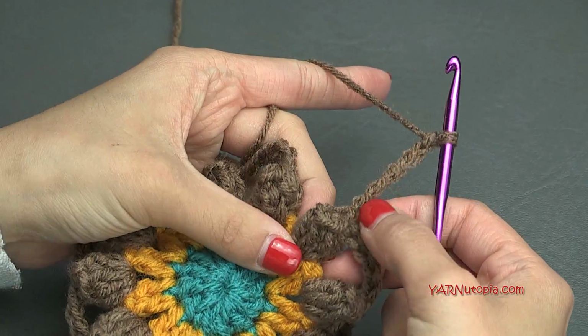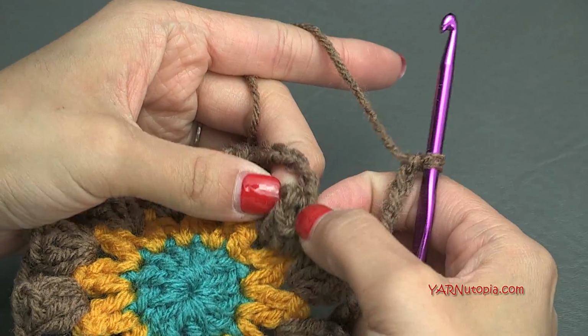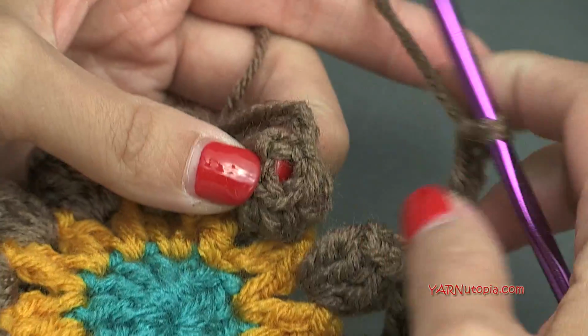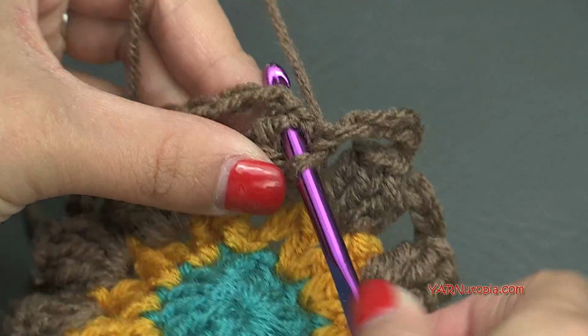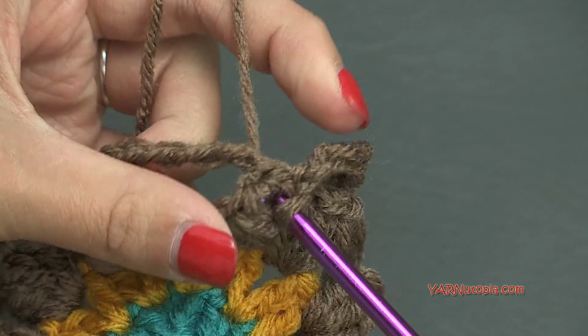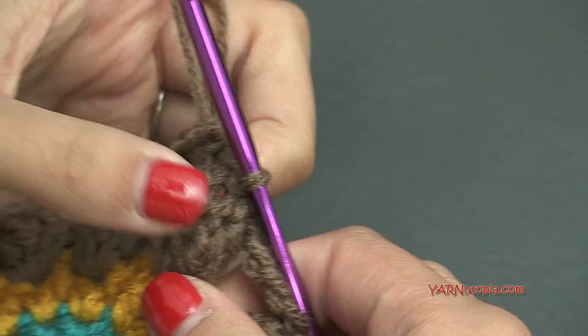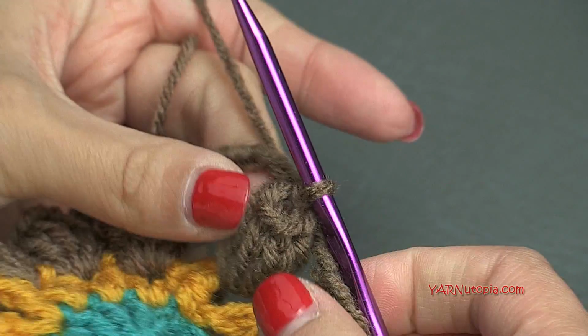When you finish your last chain 6, we want to slip stitch to the beginning popcorn stitch here, and the way we're going to do that is we're going to kind of spread these apart so you can see in the center of all 5 of these stitches. We're going to go into that middle there, and then yarn over, pull through, and pull through. Okay, now if you're not changing color, just chain up 1 and go on to round 4 with me, but